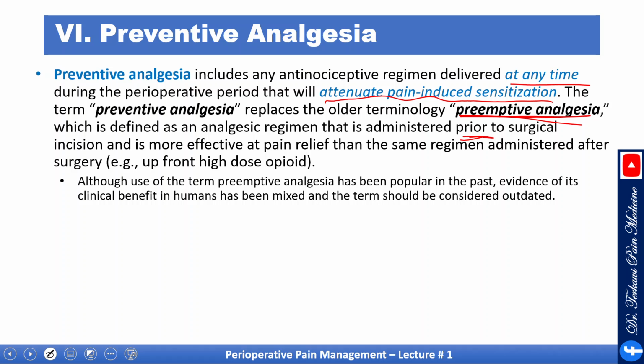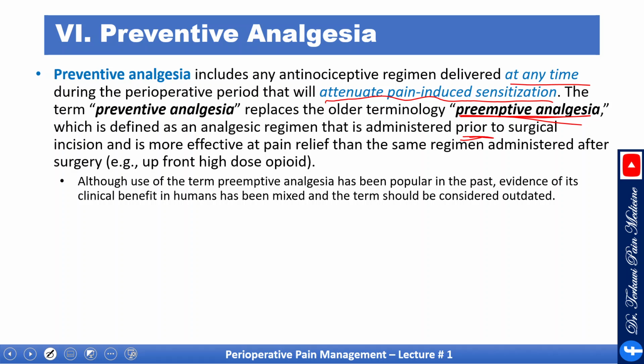Remember those days when you gave a high dose of opioid upfront, before even the surgical incision? Although use of the term preemptive analgesia has been popular in the past, evidence of its clinical benefit in humans has been mixed, and the term should be considered